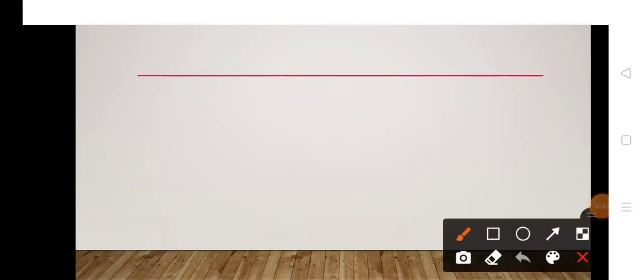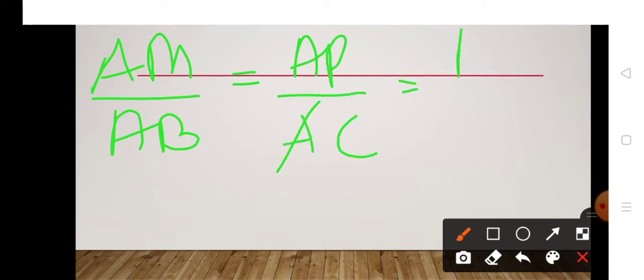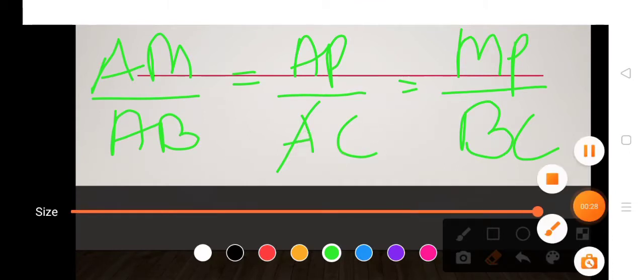अगेन, अघिको हामीहरूको जुन मैले रेसियो निकालेको थिएँ, AM/AB = AP/AC = MP/BC। ओके, यहाँबाट चाहिँ अब म कुन रेसियो लिँदैछु भन्दाखेरि चाहिँ MP/AM। I will be removing the middle portion, मिडलको रेसियोलाई चाहिँ